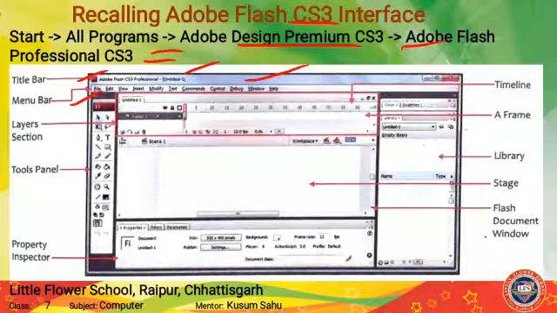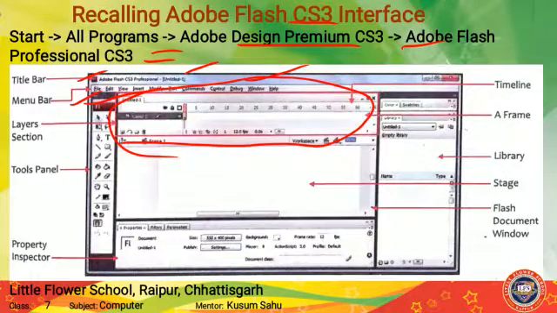There are different types of menus through which we can create our picture or make changes to it. Here you can see the different types of menus, that is File, Edit, View, Insert, Modify, Text, Commands, etc. After that, the layer section. Here you can see this particular section is known as the layer section.